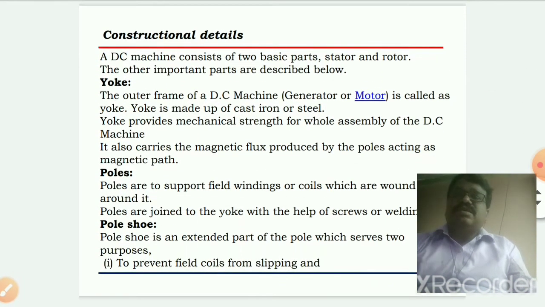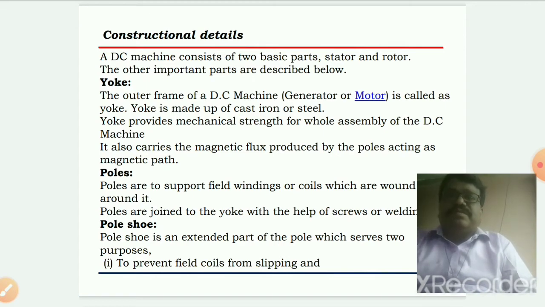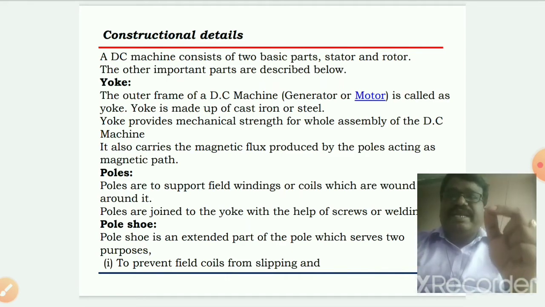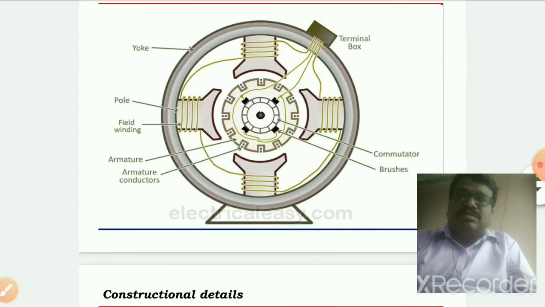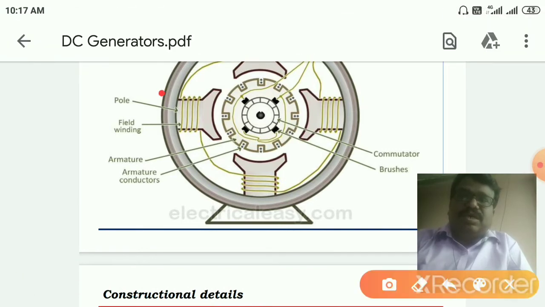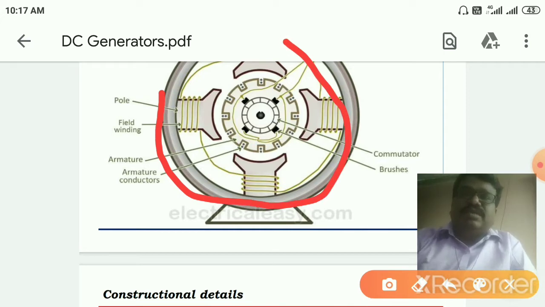Firstly, the DC machine parts are divided majorly into two. One is the stator and the second one is the rotor. The stator is the stationary part of the DC machine and the rotor is the rotating part of the DC machine. So in this DC machine, the outer frame comes under the stator of the machine, and the internal part